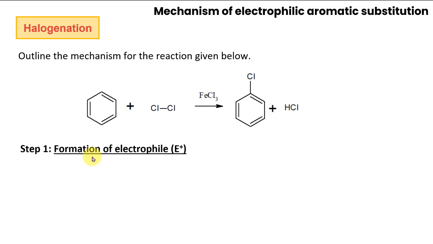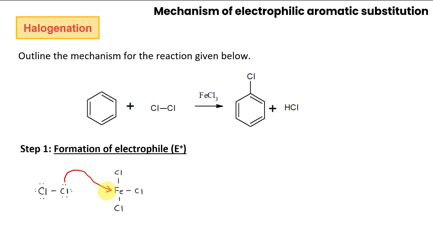So for our step 1, formation of the electrophile, remember that the electrophile is our Cl2. So the function of the Lewis acid is to make this electrophile more electrophilic. So here's your nucleophile, here's your electrophile. So for the first step, you need to draw your chlorine structure and the structure of the Lewis acid. So coming from where you have the lone pair, which is on your chlorine, one of the chlorines is